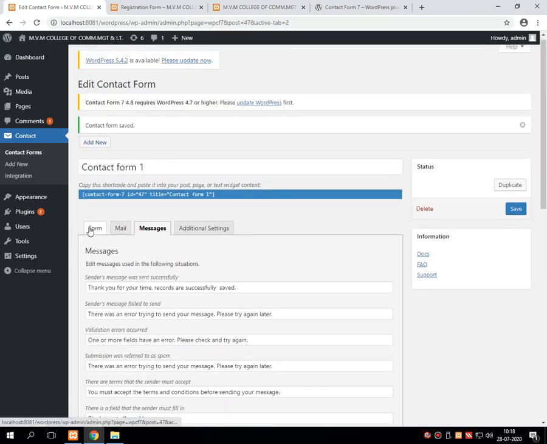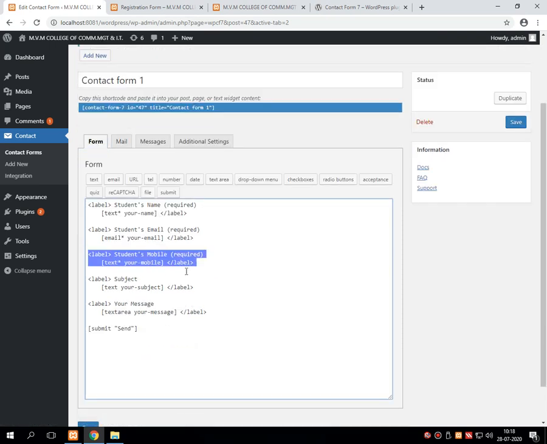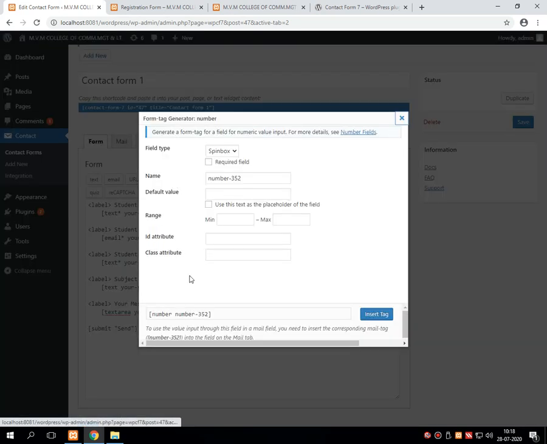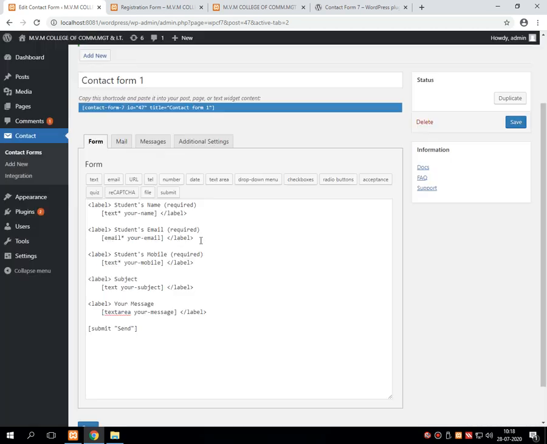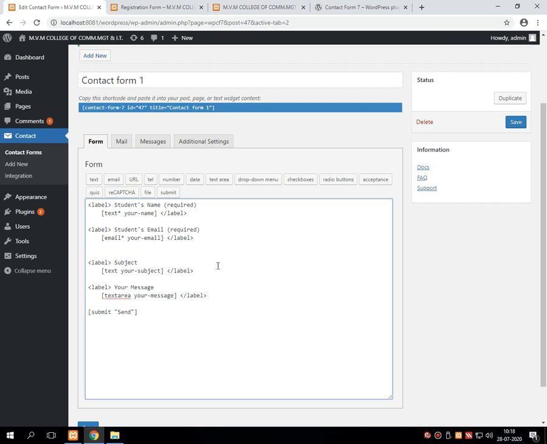So what we are going to do is, into the form, first the student's mobile number that we have taken. For that, first I am removing this particular label from the given list.